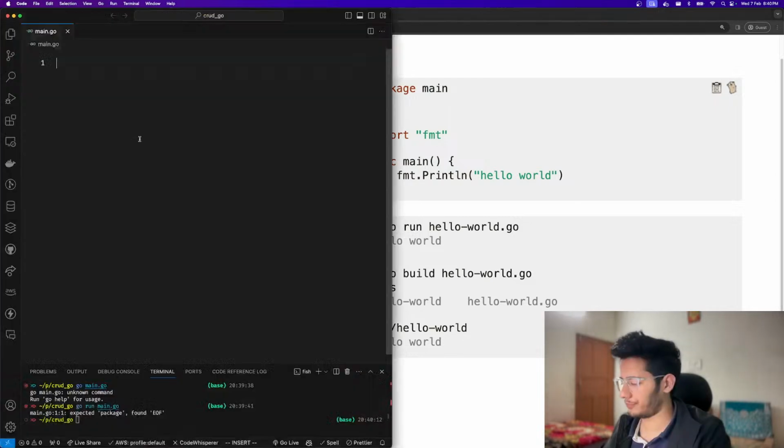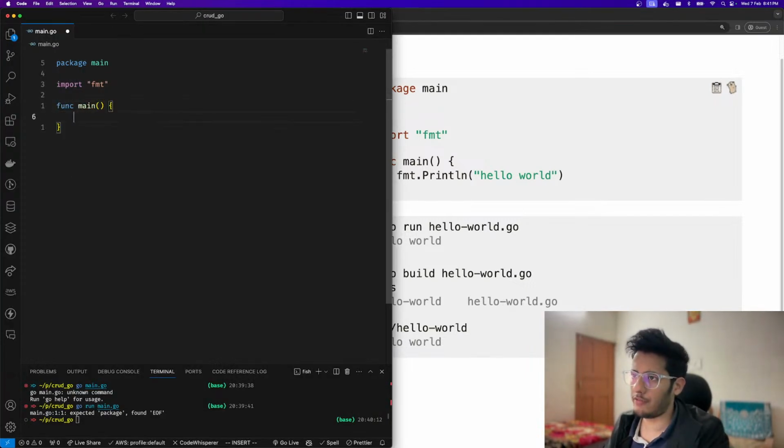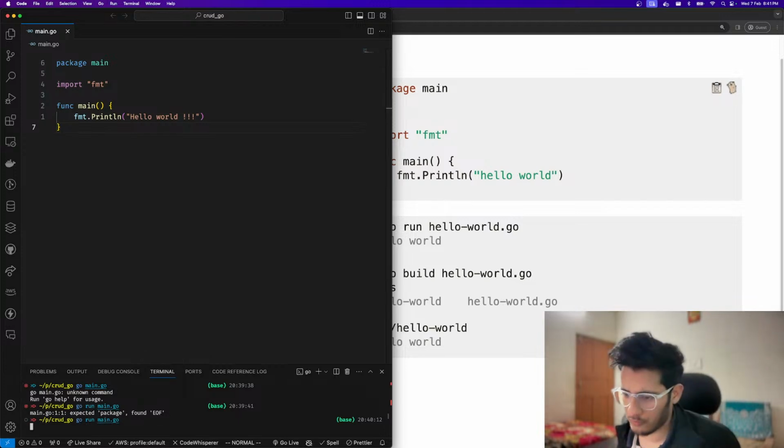So you have to save a package name. Okay, this reminds me of Java. Anybody who has coded in Java might know this: fmt. This is how you write a function, and then you say fmt.Println hello world. Interesting. So that's how you write a hello world program, I guess. So if I go there,